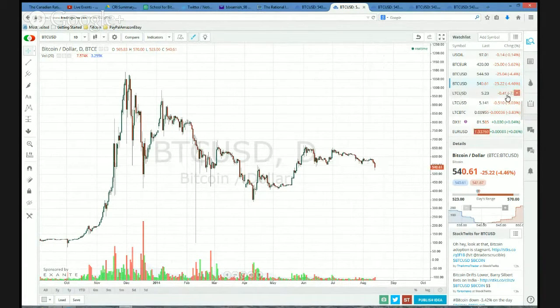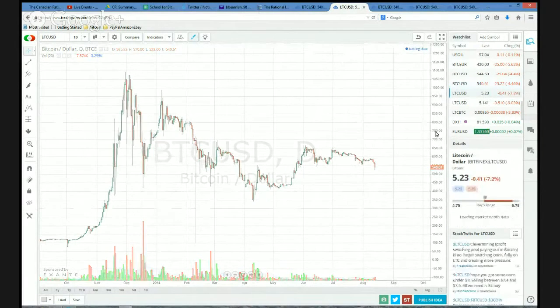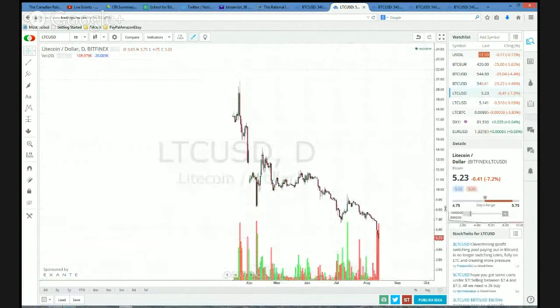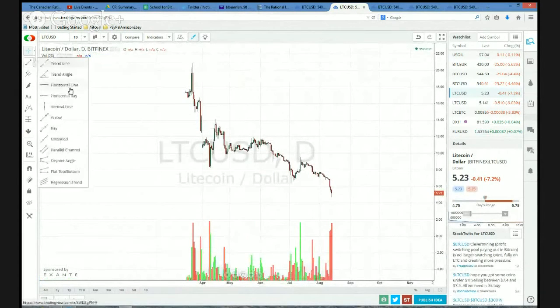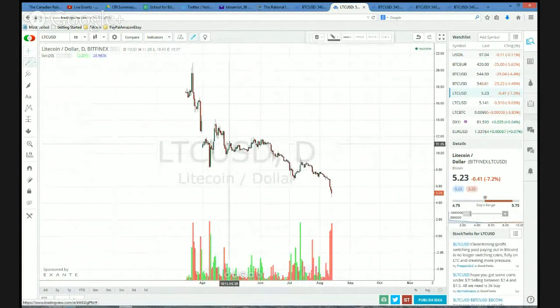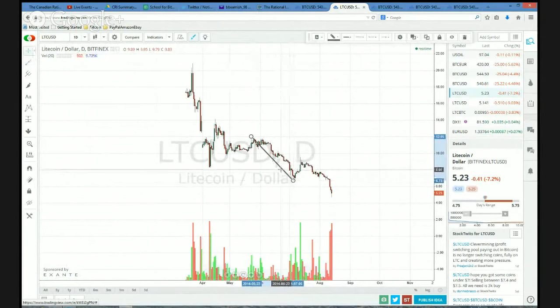Look at Litecoin. Litecoin just getting destroyed here. And the other day I made a comment that I figured you could see $5 on Litecoin. Now we're at 523. I mean, you can see this mess. It's just a nightmare for the bulls. And that $5 target, all I did was I just said, okay, what's there to there? And you remember we did this and we did it on the log scale, and it's just like, holy crap, where the heck is this thing going?